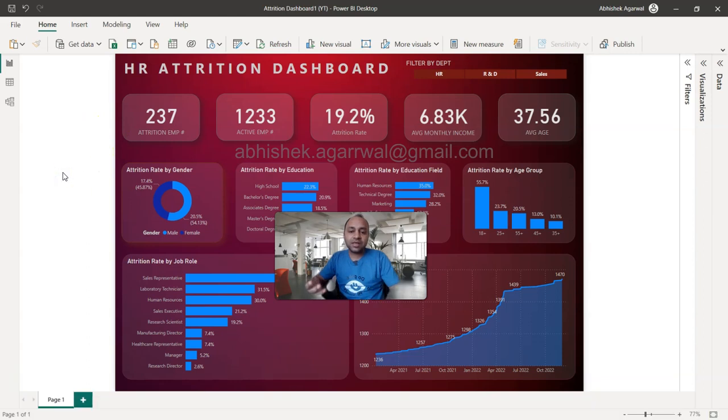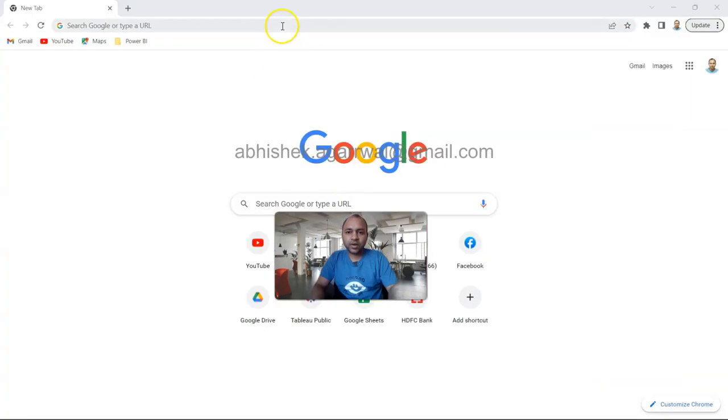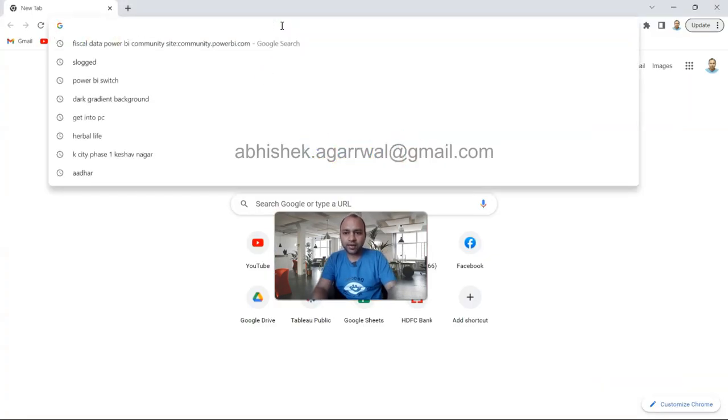And then we will see how finally we bring all of these pieces together and create a dashboard like this. With that, stay tuned with me and let's get started with where we are going to get this software, Power BI. Okay, so here we are in Google Chrome, and we are going